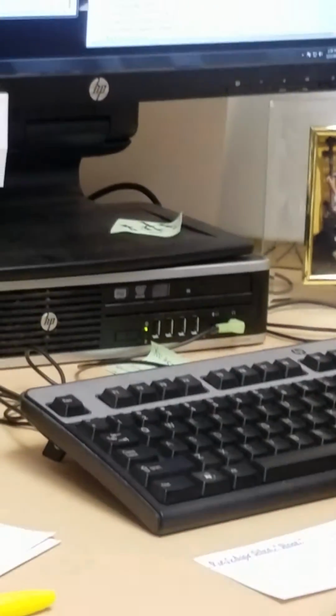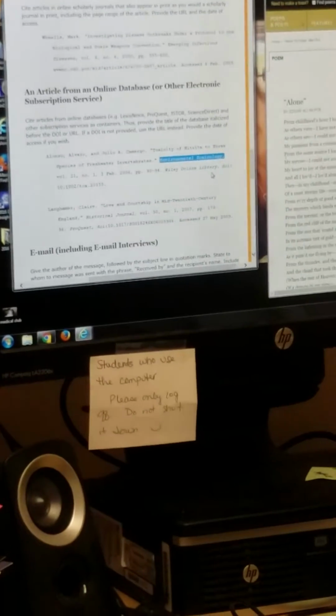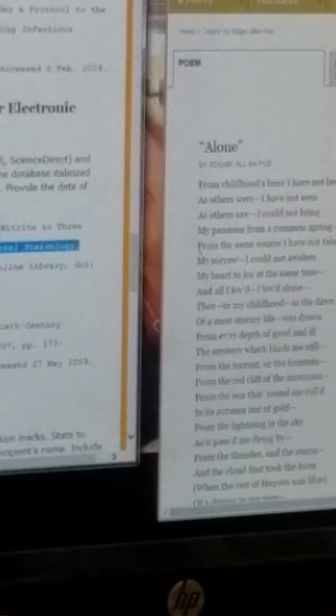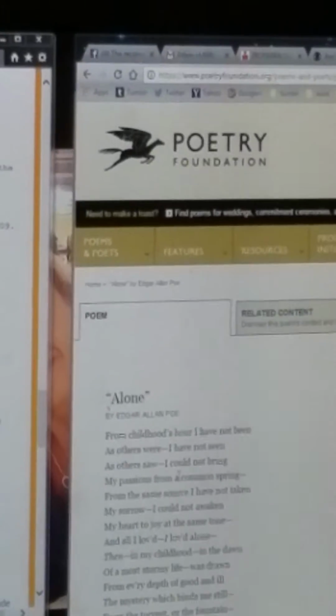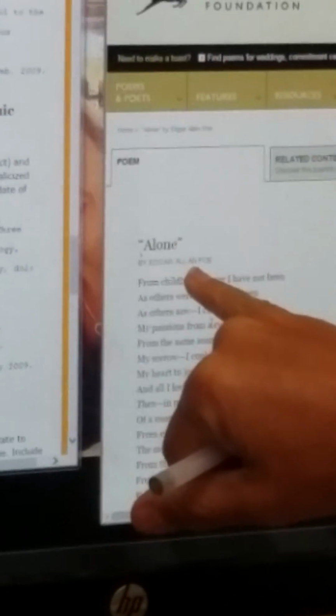So after that, I need my source that it comes from, which is going to go underlined. And the source is from poetryfoundation.org. So I'm going to write here, poetry. Will you zoom up to show where I got that? So this is from the Poetry Foundation. This is the source that this piece is in. So this is inside of this. So if I go to Poetry Foundation, I'm going to be able to find the poem Alone by Edgar Allan Poe. So I'm going to write Poetry